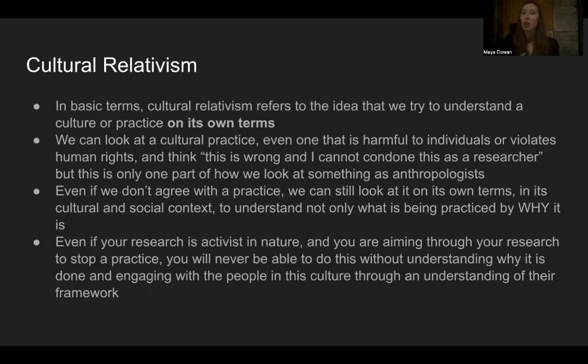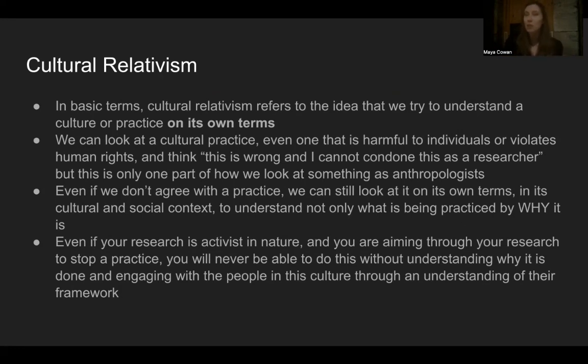So we can have all of this be true. You can look at a practice you're studying and think, this is really wrong. I cannot condone this as a researcher. But this is really only one part of what it means to be culturally relative. It doesn't necessarily matter so much whether you think this practice is reprehensible. Part of what cultural relativity means is that even if we don't agree with the practice, we still try to look at it on its own terms, in terms of its social and cultural context, to understand not only